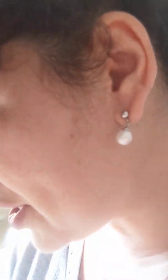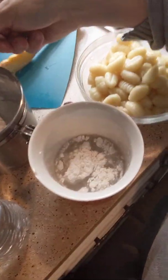I'm gonna take this right here, and I'm gonna put water in this, because I don't know if you know that if you put flour directly into something hot, it will actually ball up, and you just get clumps of flour. So you want to dilute the flour or mix it into water before you